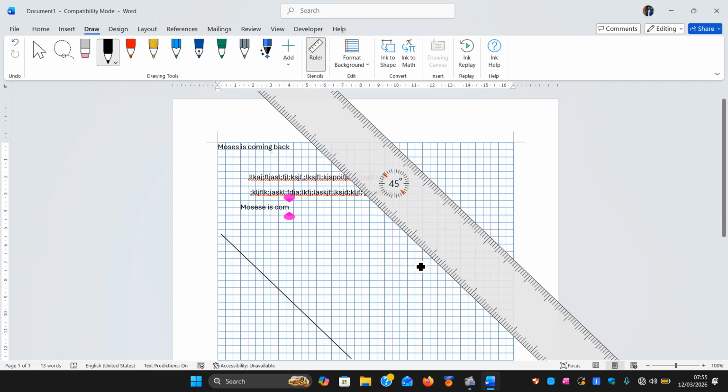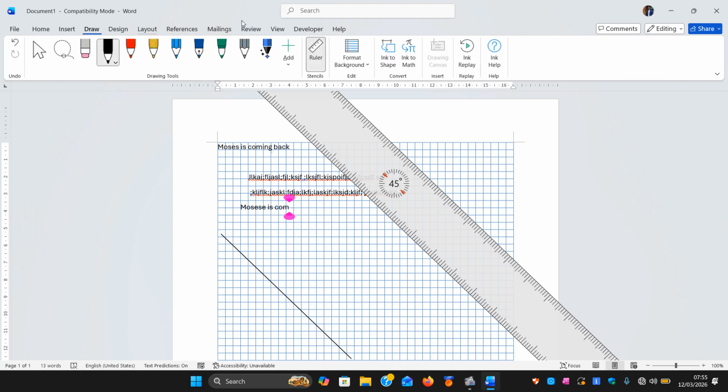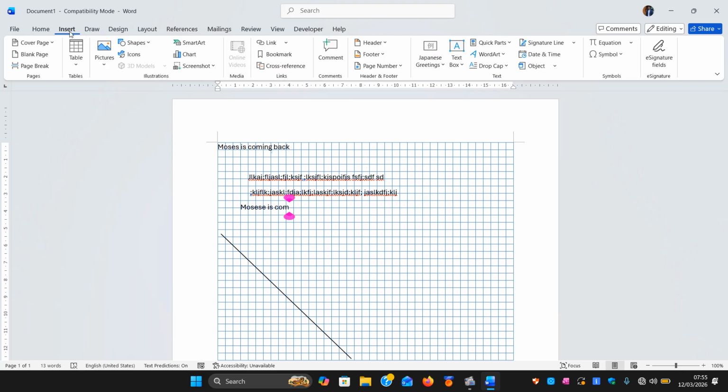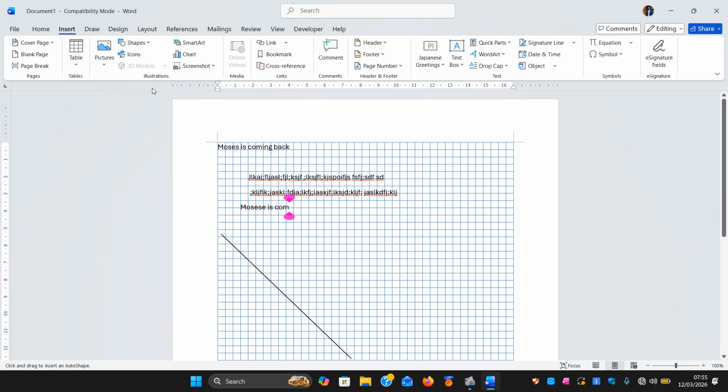You see, this is how it happens. And then maybe you can come to the insert, and then you insert a shape. For example, you need this arrow here. You draw this arrow right away from this point. Oops, sorry. You get a shape, this shape, and then you draw a shape,